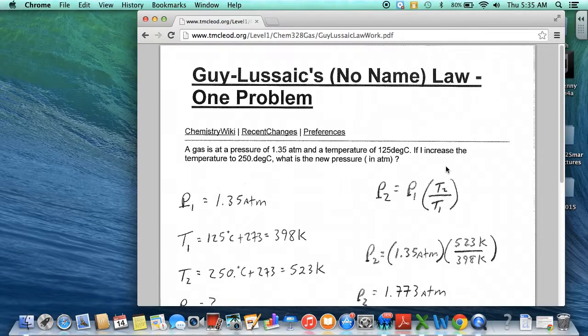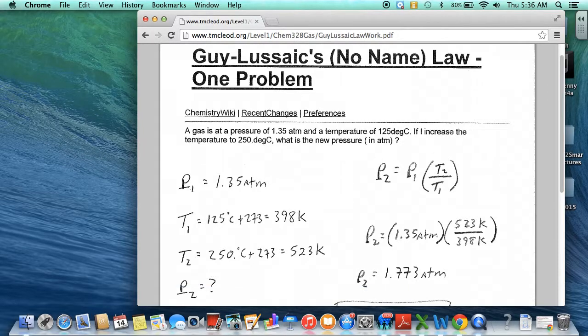Okay? And yes, I understand that you could set up the ratio at condition 1 equal to the ratio at condition 2. But this is actually a lot better because what it shows you is that P2 is actually some function of P1. And that function is a relationship between your two temperatures, how your temperature is changing, which should make sense. Okay, so now you have your variable. Now you come over here and you